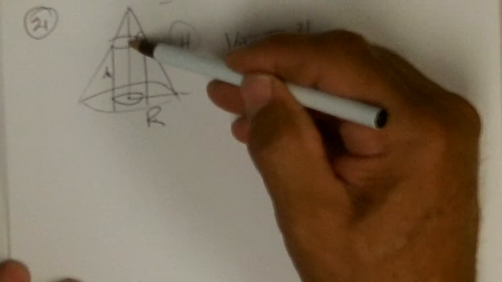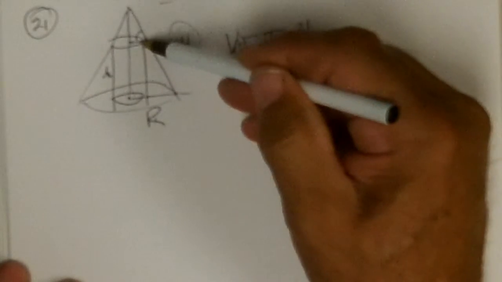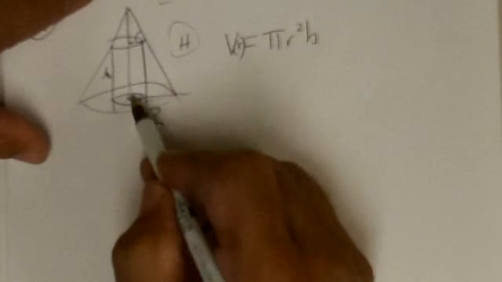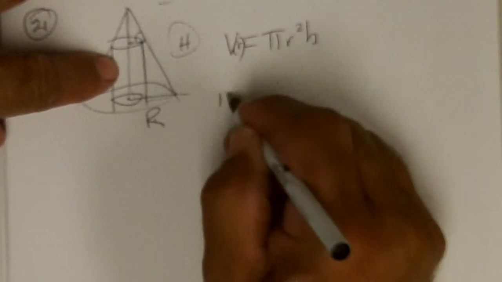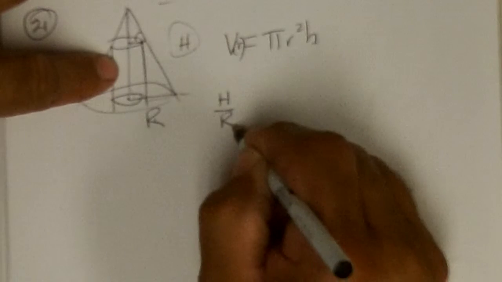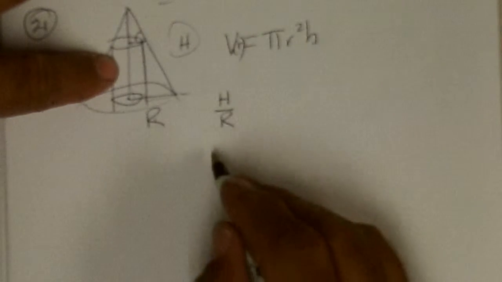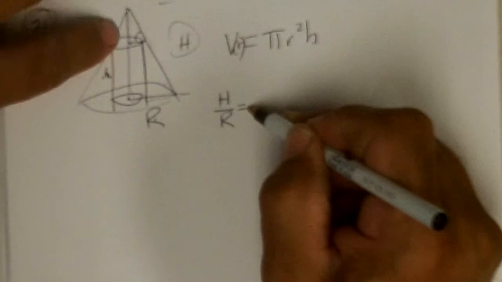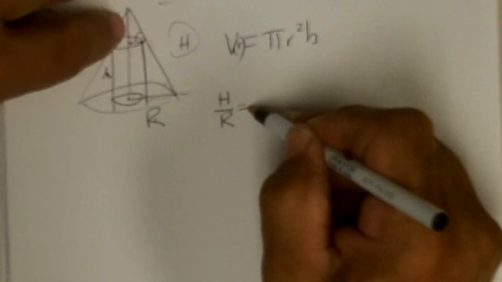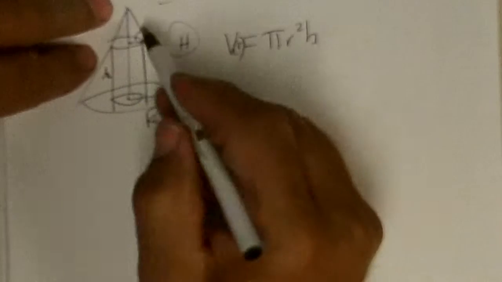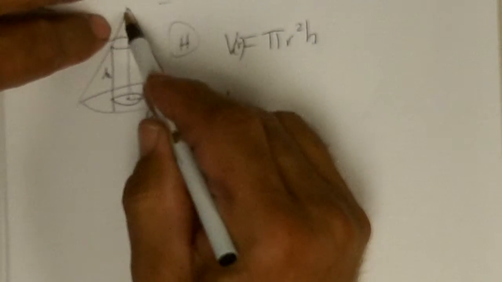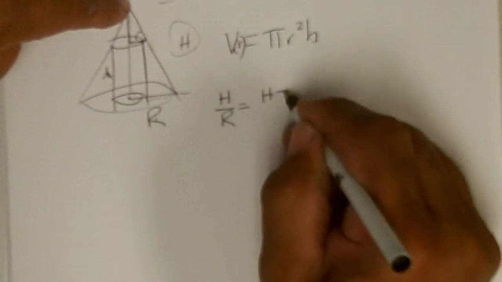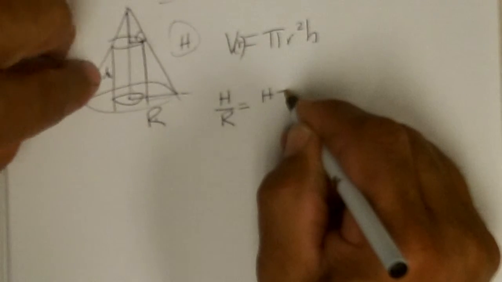There's a triangle there, a triangle there, and a triangle there that are all similar. So if I use the big one, that's the height of the big cone to the radius of the big cone. That's a constant, that's a number. That's supposed to be non-changing. Depending on where you put this point, it would still have this height and this radius. Well, this height is the big height minus the height of the cylinder